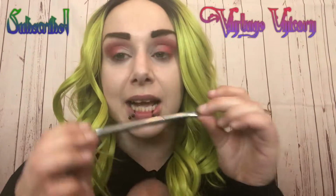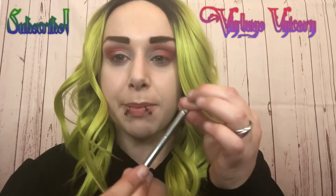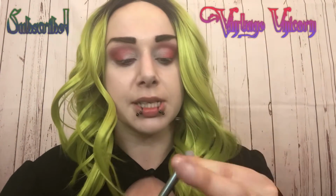I recently learned a really cool trick for cutting creases. So this is the Morphe G15. I love this silver series. Something about just the weight and the feel and the length, it's very nice. So what I'm going to do is pinch the bristles together ever so slightly so that they're really nice and sharp, and dip into that NARS